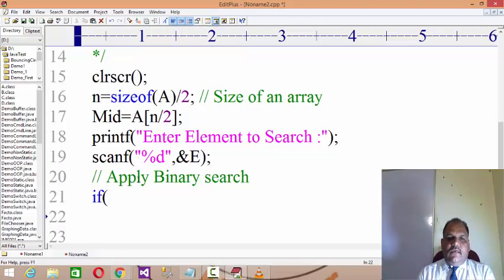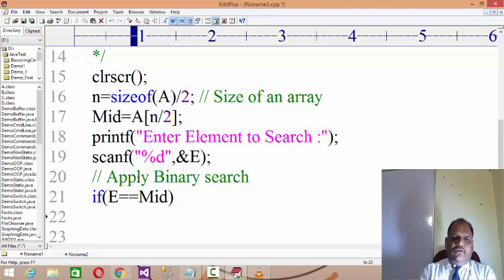Now the probability is, if e equals mid, means the element you are searching for is exactly available in the mid, then there is no need to traverse to top or to bottom. So if e equals mid, then printf found at position.